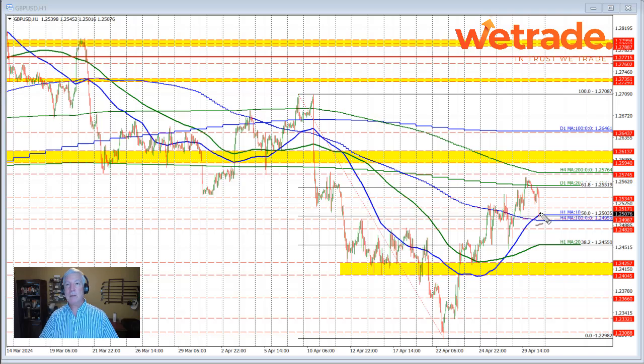So the 124.95 to 125.06-ish level is now supported. If we get below that level, it opens the door for further downside momentum, with the broken 38.2% retracement and the 100-hour or 200-hour moving average down at 124.55. So that's my technical look at the